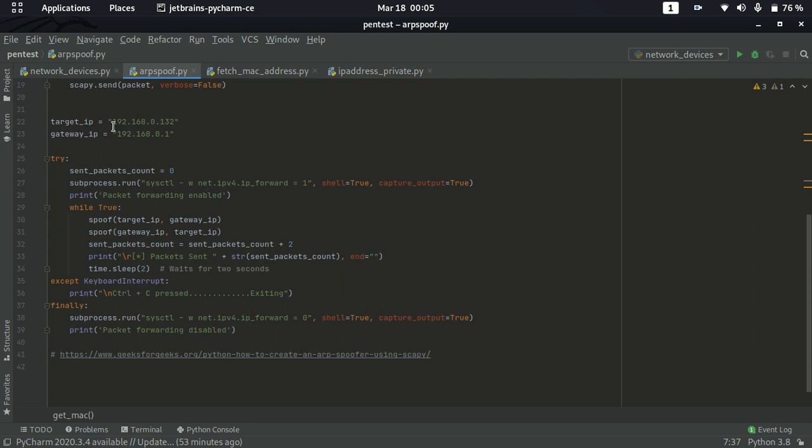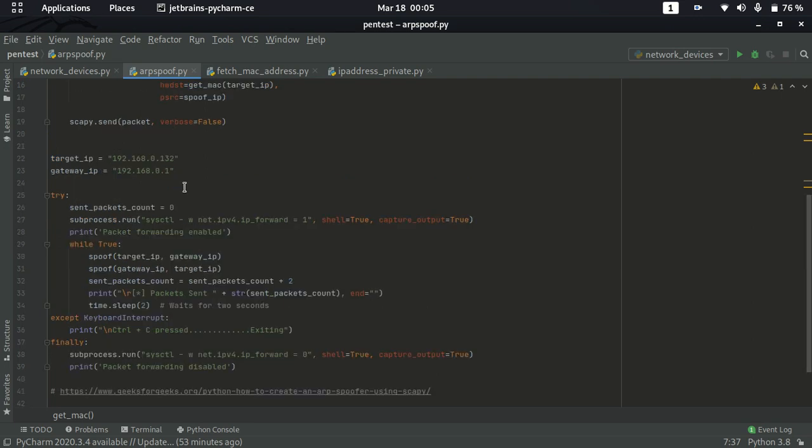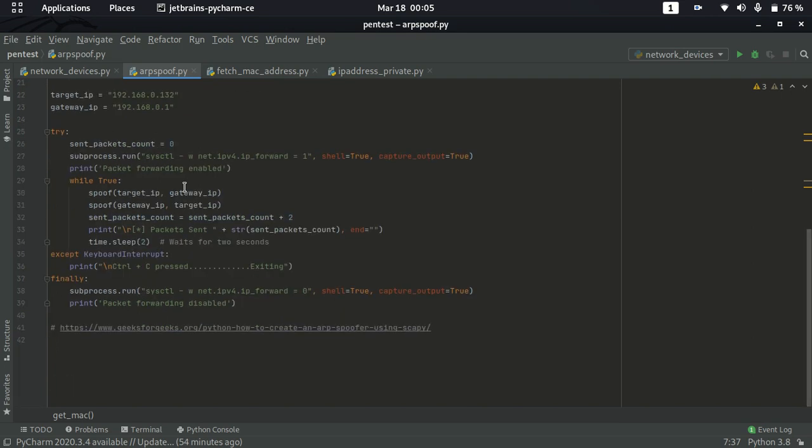In the ARP spoof terminal command, by default it keeps on sending the messages, but for the packets we have created, we need to make our own mechanism to keep sending. For that purpose you use a while loop, while True, so that it keeps on sending to the targeted machine or the victim.